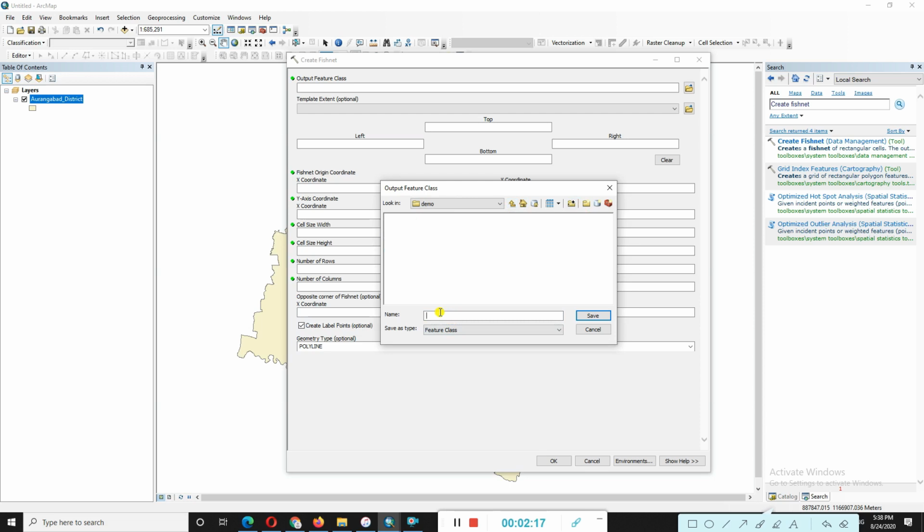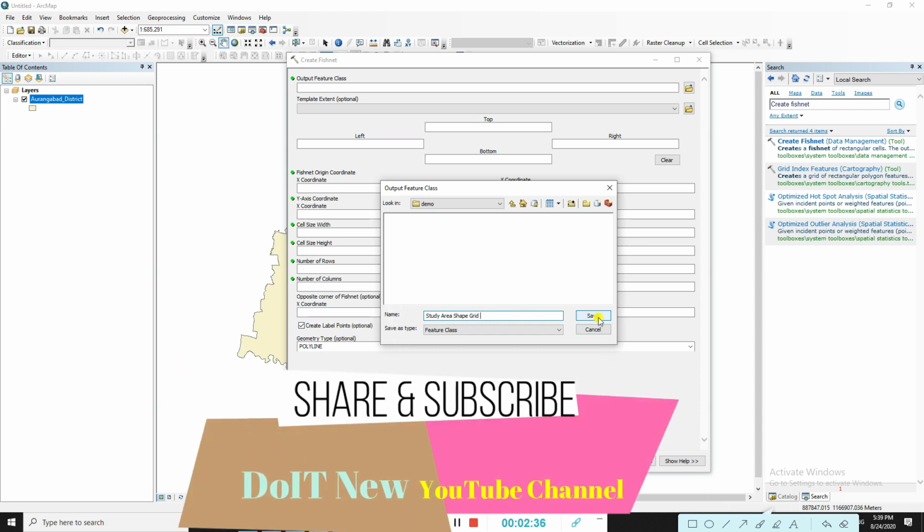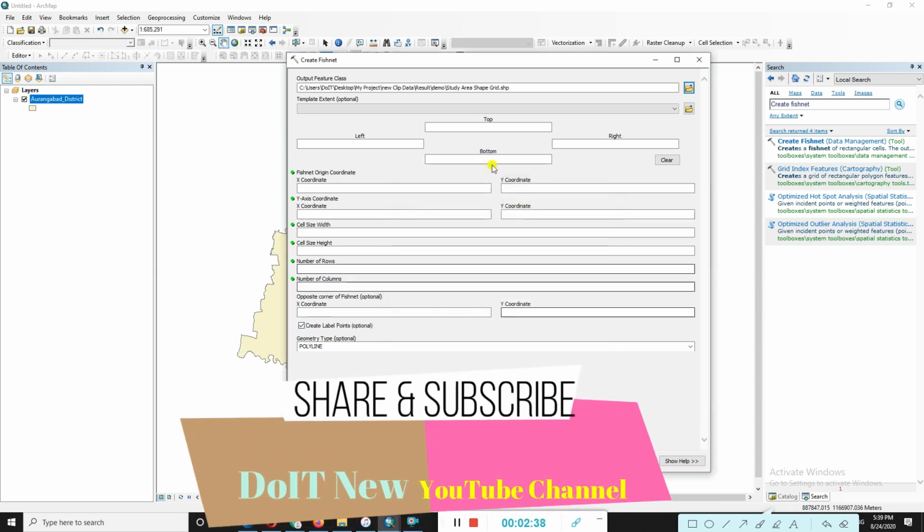Give the file name study area shape grid. We give this name and save.